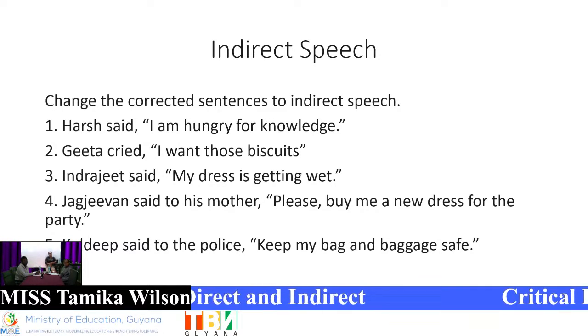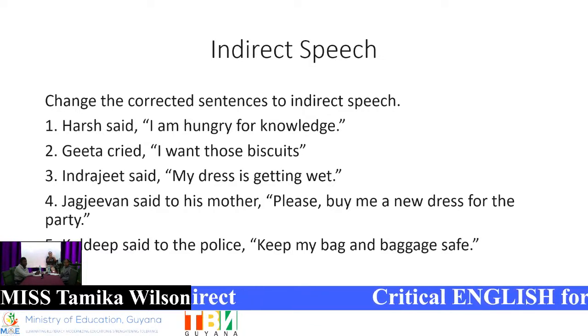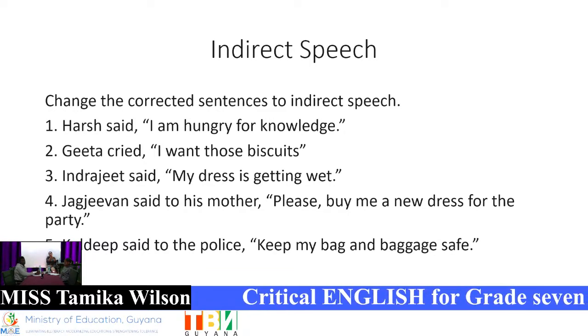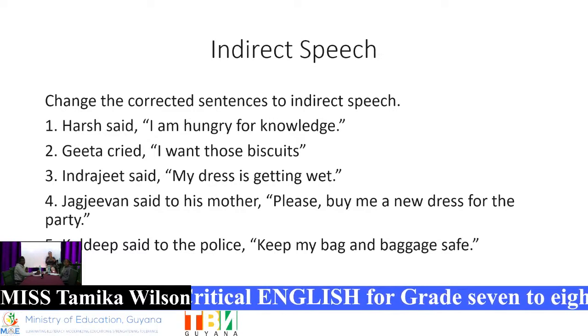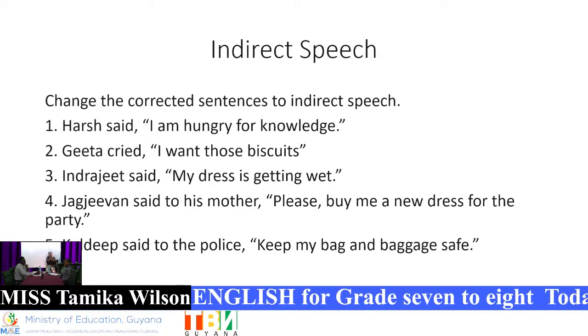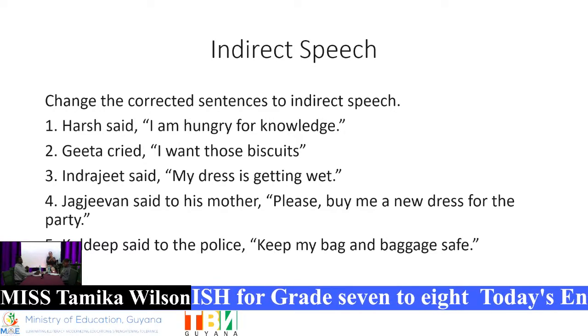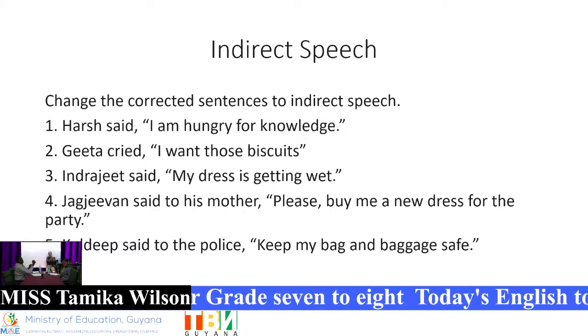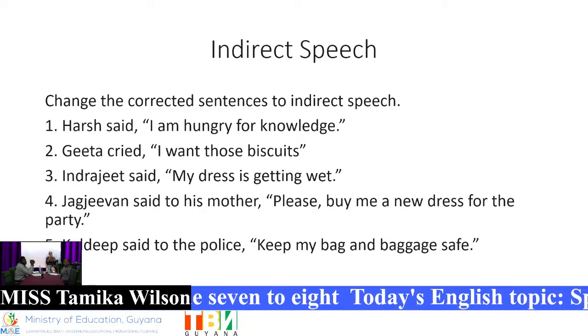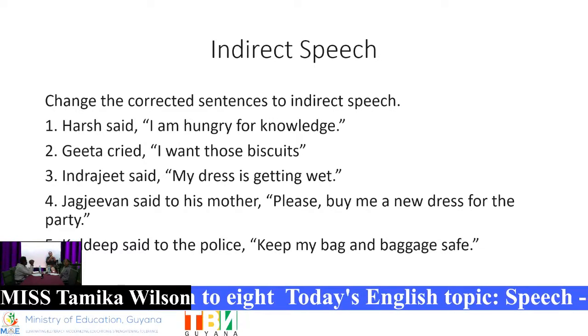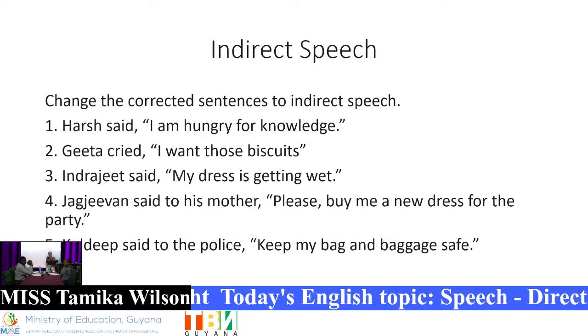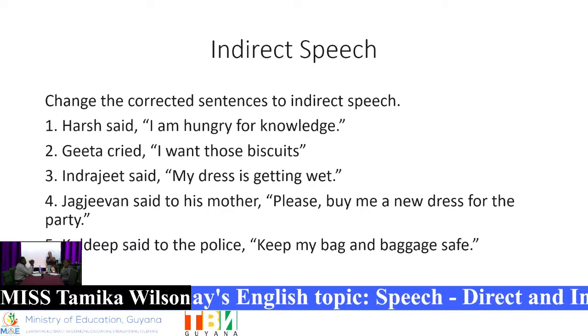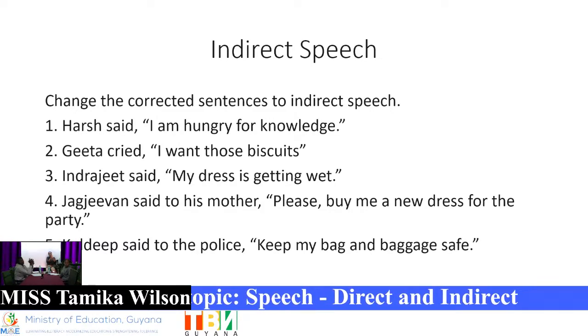From direct to indirect. So these are direct speech, yes? And we've just corrected and punctuated them to account for direct speech. Now we want to convert these sentences in direct speech to sentences in indirect speech form. What is the first thing we want to do? Take out the quotation marks. All right, so we would have, of course, Harry said, removing not just the quotation mark, we'd also remove the comma after said, yeah? Yes, because we can have a comma right there. So Harry said what? I am hungry for knowledge.